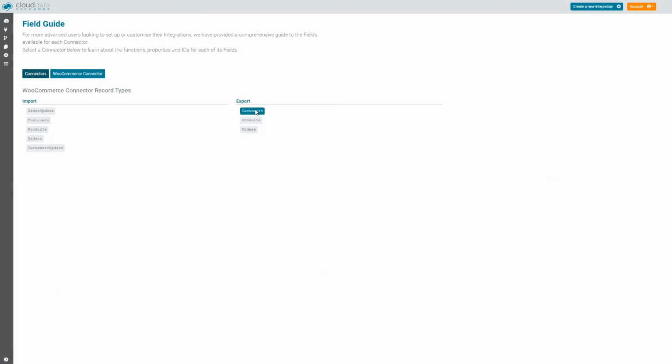So we can export customers from Woo. So those customers can go to any other connector, products and orders. We can import an order update, and that would be a status update from Sage to say the goods have been dispatched. So then it could send it into Woo so the customer can see.